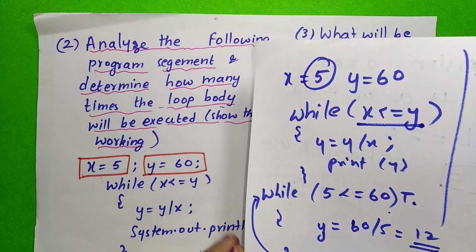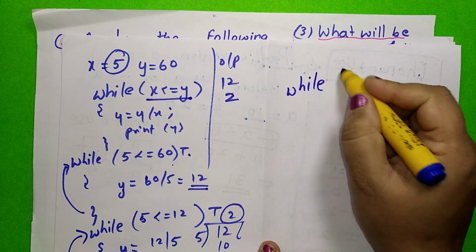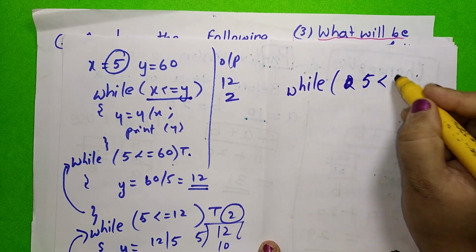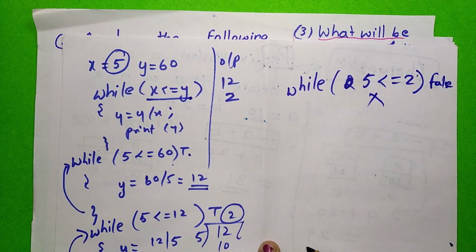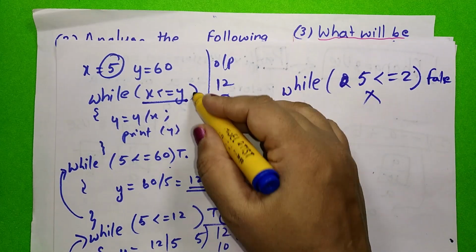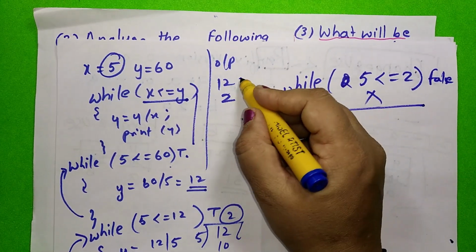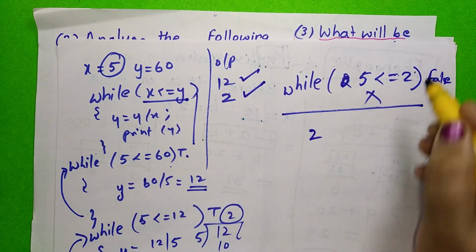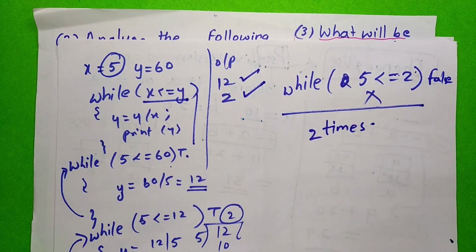So when it comes to the top of this loop here, you are going to say now while x is how much? X is 5. 5 less than equal to 2. This is false. So it is not going to go in this loop and work. So how many times has the loop run? 1, 2. You should not consider that going here and making it false. That should not be counted. So you should say the loop has run 2 times.